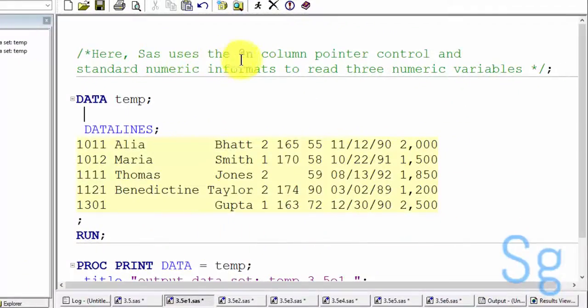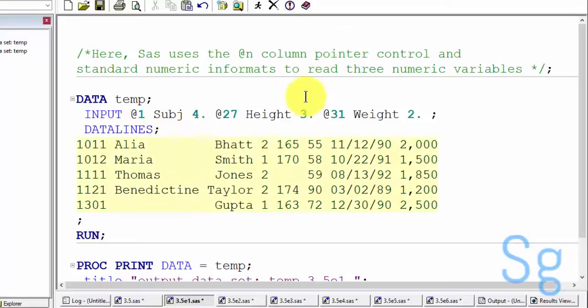Here, SAS uses the column pointer control and standard numeric informats to read three numeric variables. Let us write the input statement for formatted input: the absolute pointer, the number of the column, that is the first column, then the name of the variable, subject, its width, that is 4, then a dot and a blank space. And similarly, we will read height and weight. That's it. Now